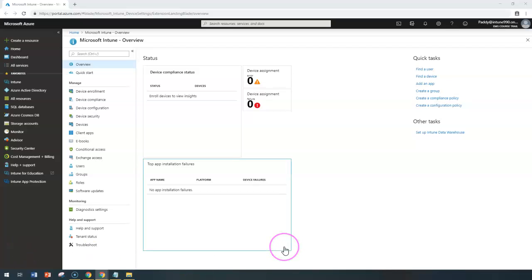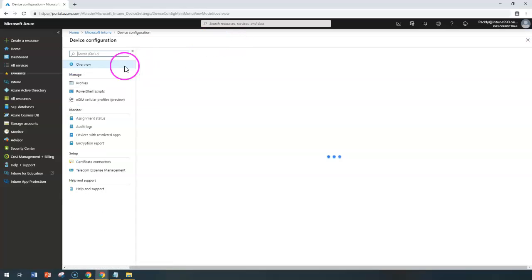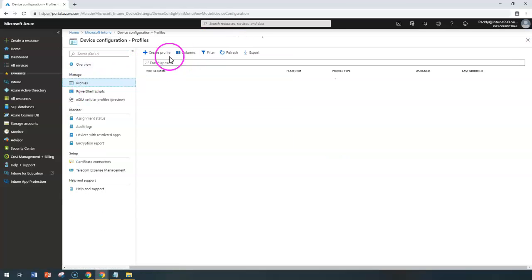Hello and welcome back. In this short lecture, we're going to learn about device configuration profiles for the platform Android device administration. Let's begin with how to create this. Log into the Microsoft Intune portal, go to device configuration, navigate to profiles and click on create